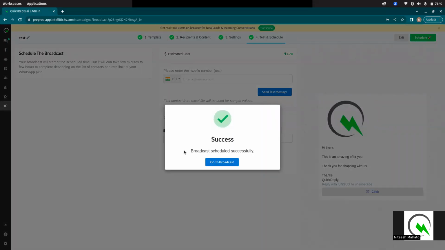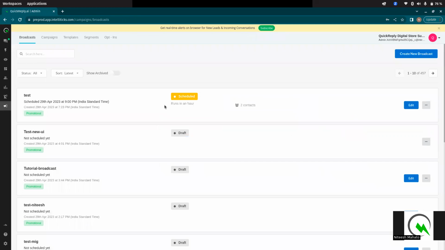Okay, so the broadcast is scheduled successfully. Let's click on go to broadcast, and you can see here the scheduled label and it says that it will run in approximately an hour. Yeah, so that's all for the